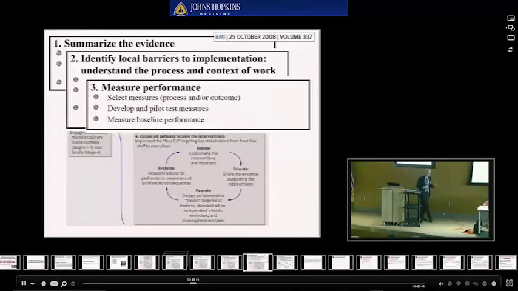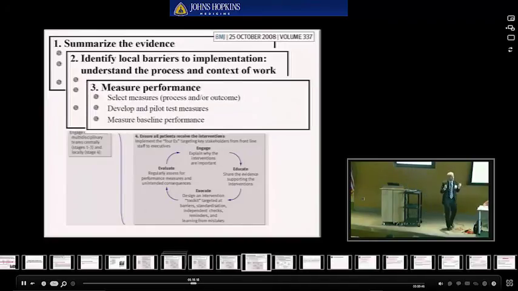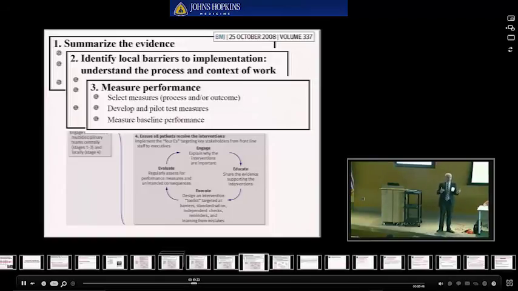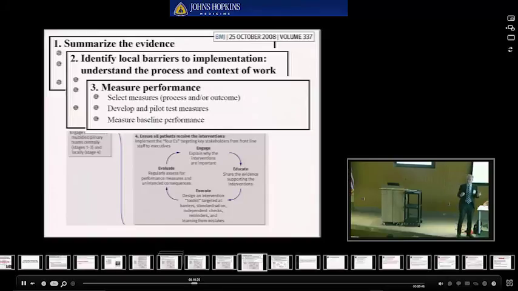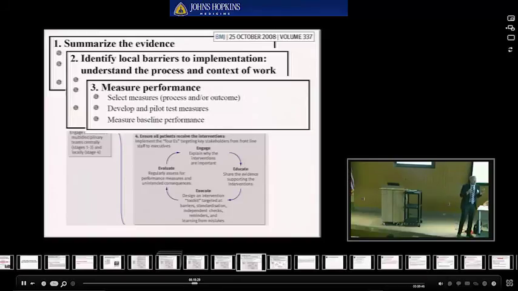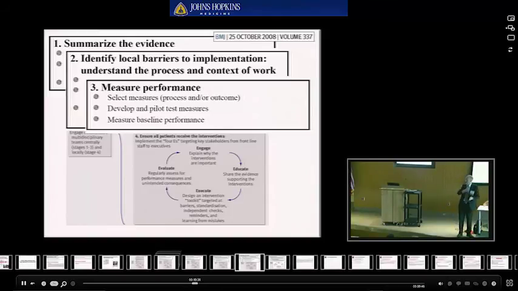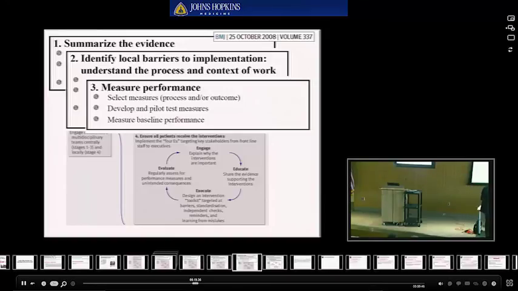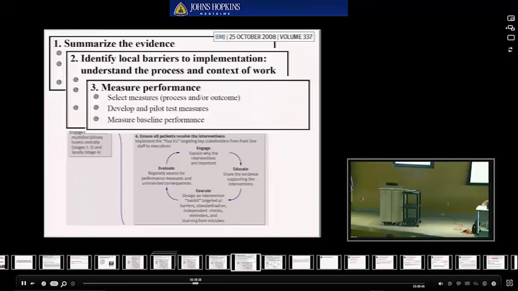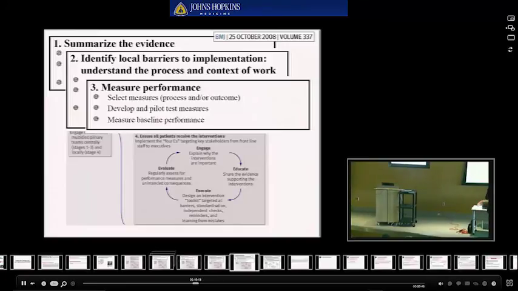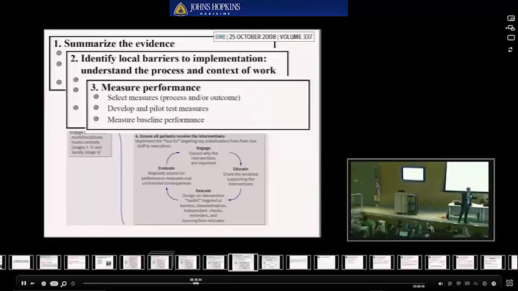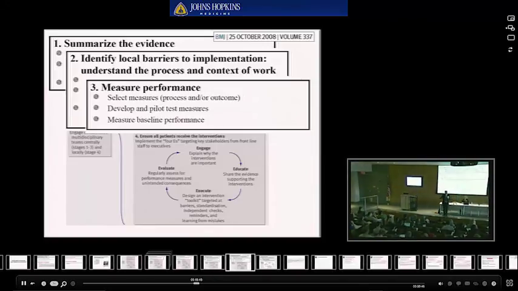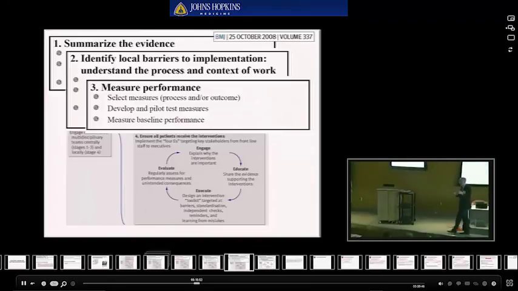And before you start the project, you also need to have some measurement. You need to understand, how are you going to decide if you've gotten better? It's very nice to speculate, we're 10 times better than we were. But that's not going to be very convincing. And we're all very good at patting ourselves on the back and thinking we're doing a better job than we really are. So you need to get some measures of how you're doing. And you need to get them before you start the project. You need to have some baseline measures, because if you're going to go to administration and say, hey, listen, we've gotten so much better, you need to tell them how bad you were at the beginning.